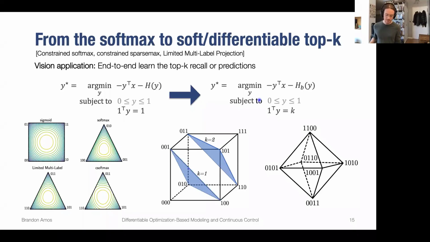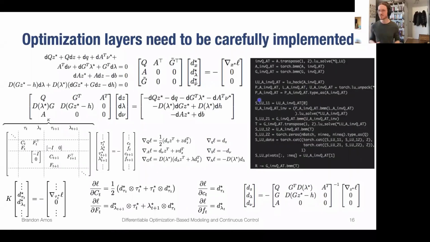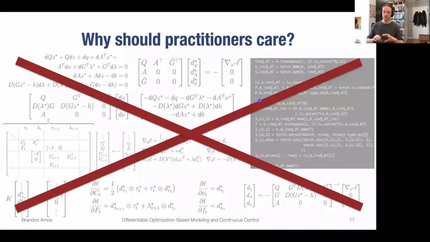One last foundational piece that I want to talk about is more on the implementation side of these methods. These methods do need to be carefully implemented. I won't talk about all of the details on the difficulties that come up here, for the sake of time, but it's quite challenging to efficiently implement these optimization layers. And at least in the class of constrained convex optimization problems, we're at a good point where practitioners can just throw away all of the details about this implicit differentiation stuff.